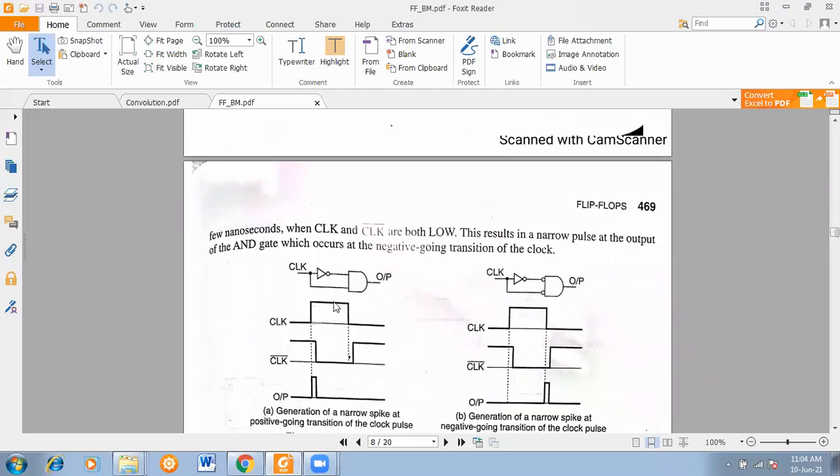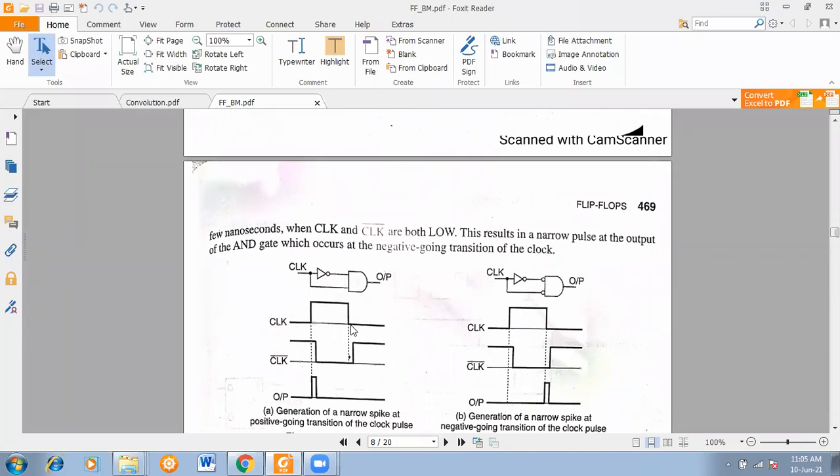That is called level, the amplitude. And edge, this is rising edge or the falling edge. When the flip-flop is activated using this rising edge, then it is called positive edge trigger. When your flip-flop is activated by using this negative or trailing edge, then it is called negative edge trigger. So we are having two sorts of triggering methodology.